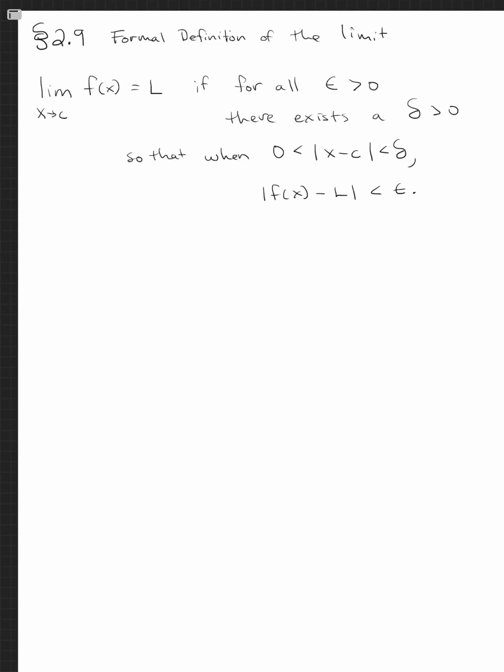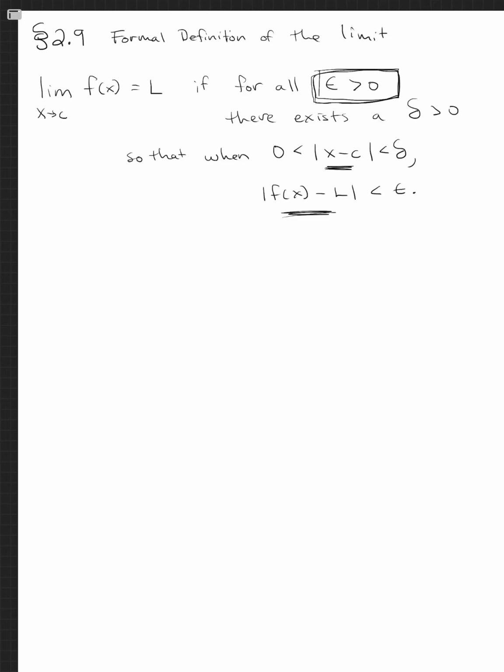Right, so that's a lot of tricky language and some Greek letters thrown in, but it really just says the same thing that we said before, that you can make this distance be as small as possible by making this distance small, right? So delta and epsilon are just measures of how small things are, with a big distinction between them, which is that epsilon